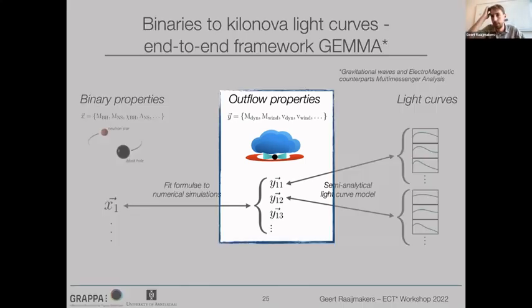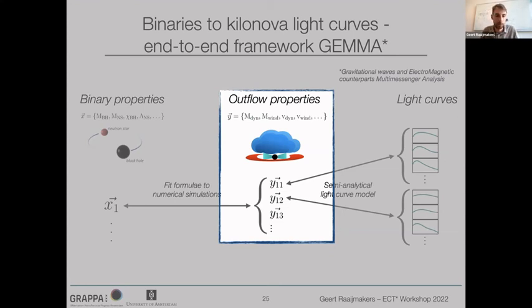So going a little bit into these outflow properties and what they exactly are for black hole neutron star mergers. I'm seeing now that I'm actually missing that slide, so let me keep on this slide and just briefly mention that